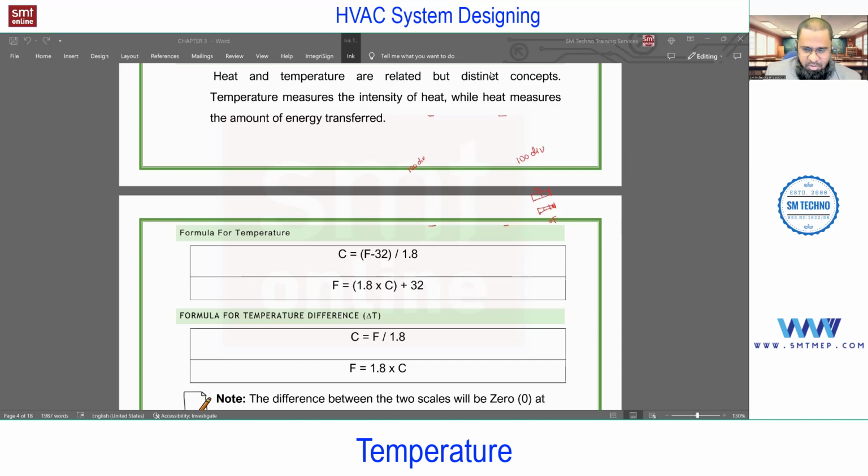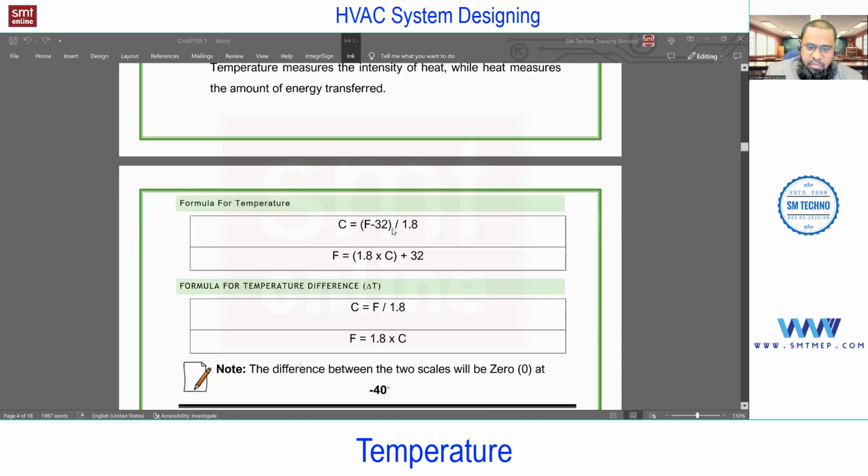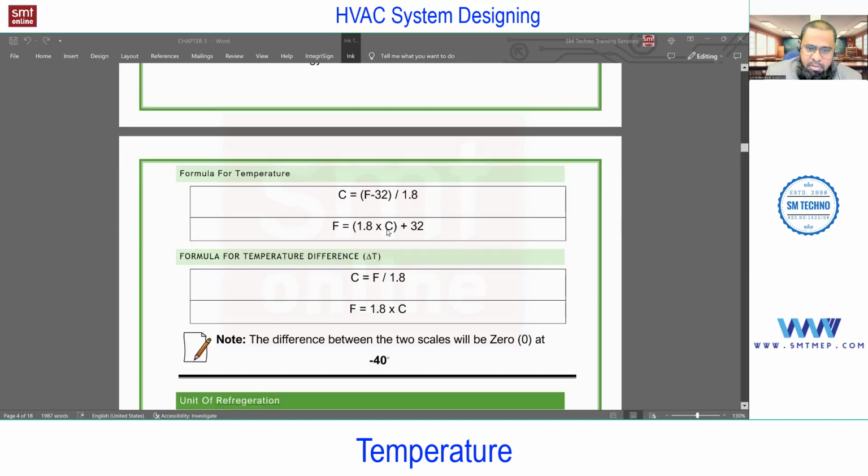Nobody will ask in that much detail in an interview, but as an engineer you should be aware of this. In an interview they may ask the formula. So C equals (F minus 32) by 1.8. Getting the point? Yes. Now similarly, F equals what? 1.8 C plus 32, because here we are subtracting, there we are adding, here we are dividing, there we are